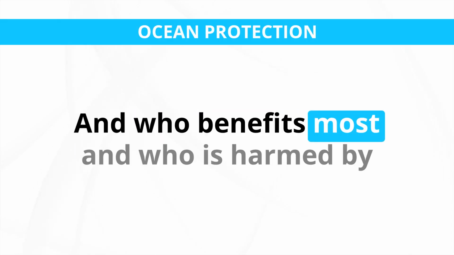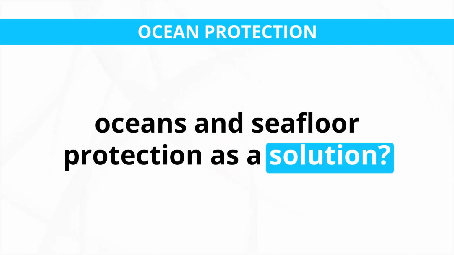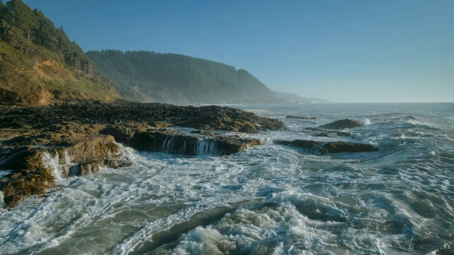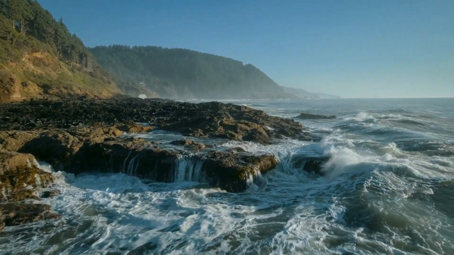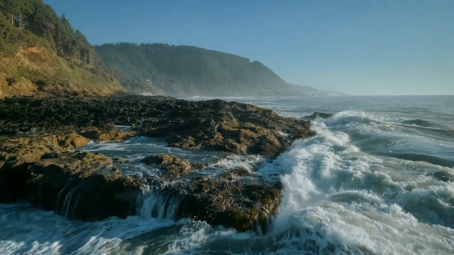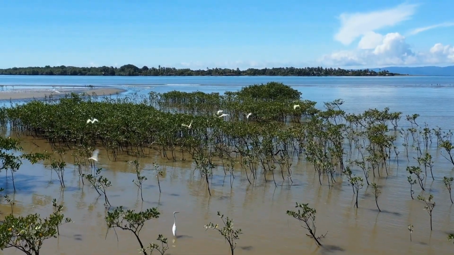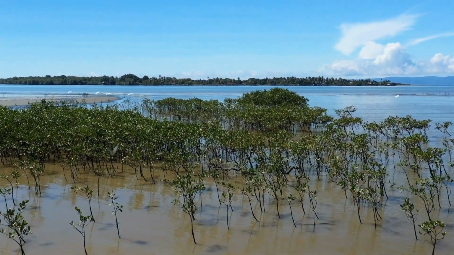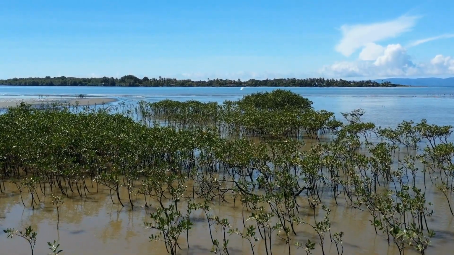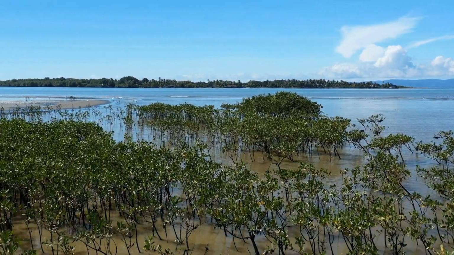And who benefits most and who is harmed by oceans and seafloor protection as a solution? The good thing about ocean protection is that it also benefits ocean life and humans generally, in addition to the benefits for climate change, including making ocean life and humans better able to deal with climate change. For example, protecting mangroves not only sequesters carbon, it also acts as a nursery for fish that people can later catch, helps prevent rainwater from carrying nutrients into the ocean, and provides protection against large waves such as tsunamis and